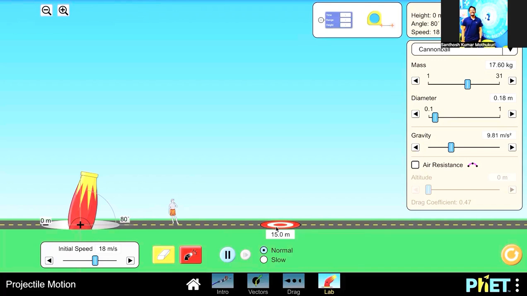And this is some target, 15 meters. So I'm not sure where it falls, but by default, it's just showing me 15 meters. Now let us try to understand what horizontal distance it would reach on the ground after being fired. Okay, so let's try